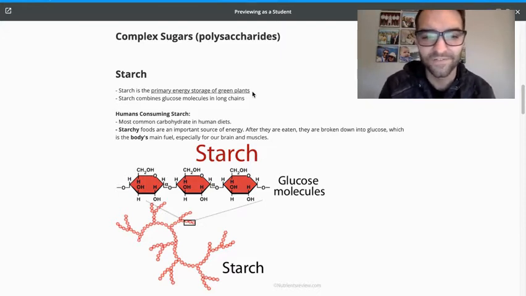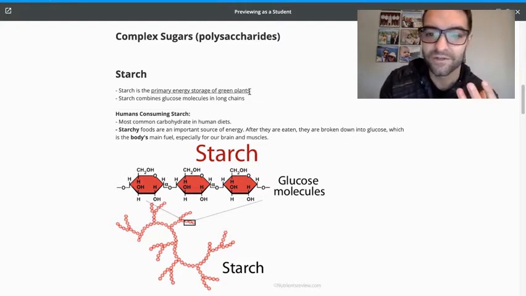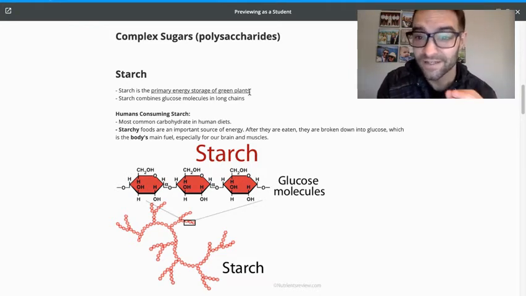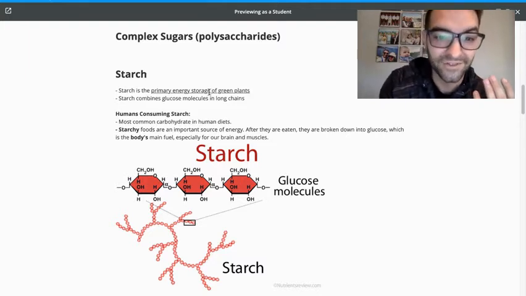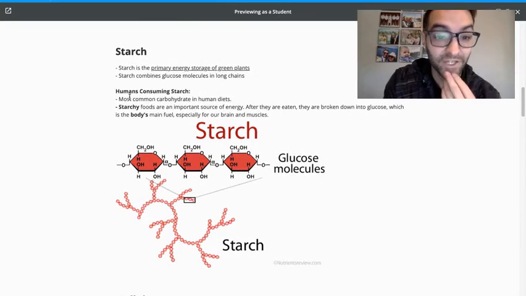I told us we're going to focus on the human experience a little bit, so that it connects with you. But with plants, they're going to go through photosynthesis, and they're going to take nutrients like carbon and hydrogen and oxygen from either the soil or the air. And then the solar energy helps them rearrange the bonds, where they can then create these starch compounds and molecules. Okay. But with humans now,